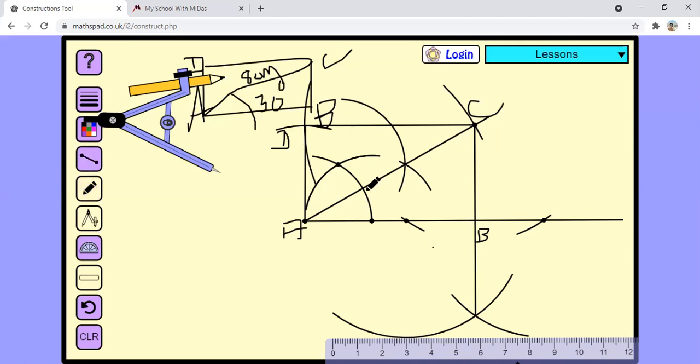Don't forget to mention the things here. This is 30 degree, and this diagonal was 8 centimeter long. We cut equal length from C to B and B to A, and BC and AD was an equal arc with equal length we cut. Taking the equal arc, like this we construct the rectangle with the help of one diagonal and the angle made by the diagonal with the side. Okay, like this only, with this much only.